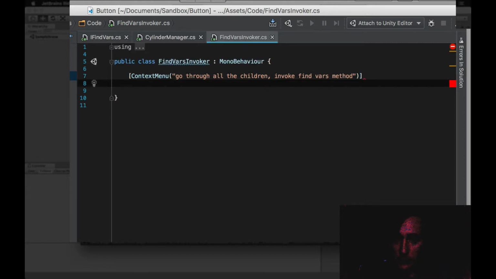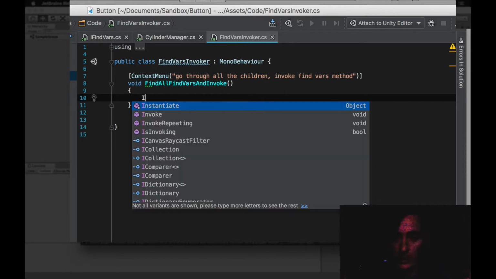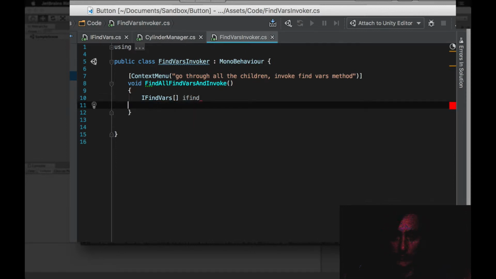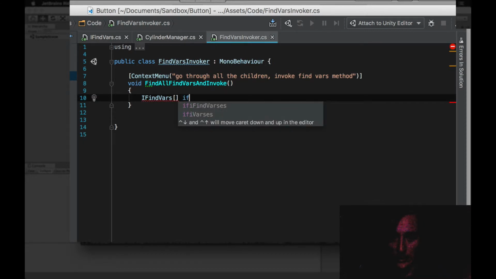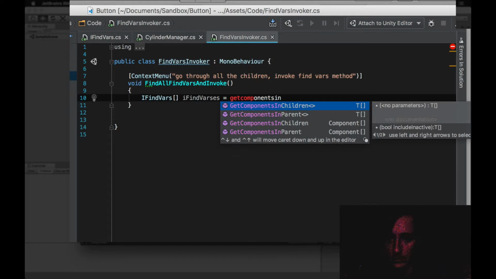Great. So now we need to create a function: void FindAllFindVarsAndInvoke. In this case, I'm going to create an IFindVars array, normally a list like I said, but whatever. IFindVarsArray. It gave me a suggestion, but then it changed its mind. IFindVarses is a great name. IFindVarses is GetComponentsInChildren